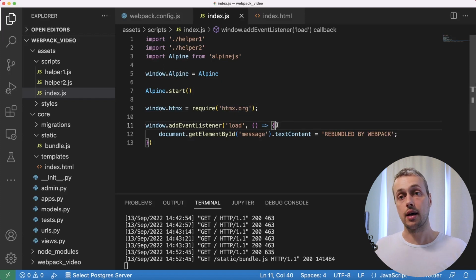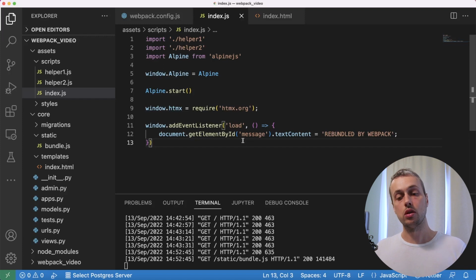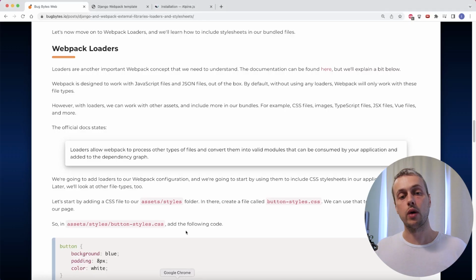So when you're developing a large application in Django or any framework, when you're including a lot of third-party front-end libraries such as these, it's very useful to be able to bundle things together into single output files or multiple smaller output files. And through Webpack, you have a build process that allows you to take those libraries and generate these outputs. For now, I'm going to move on with this tutorial, and now we're going to look at Webpack